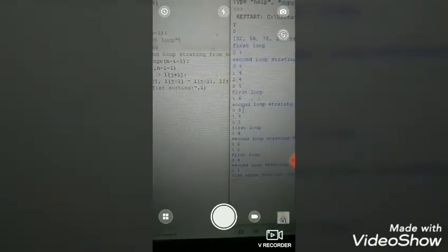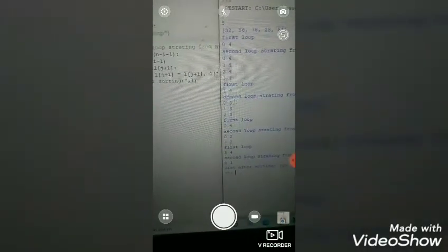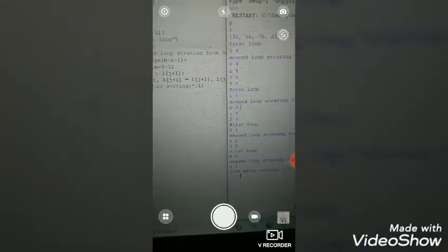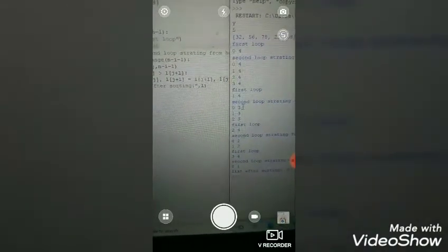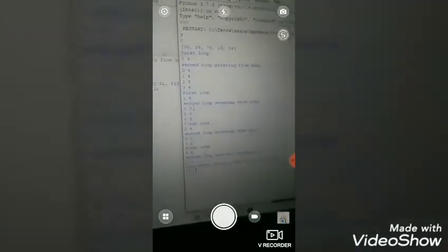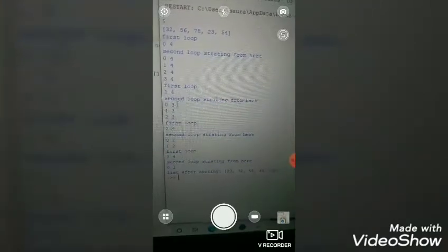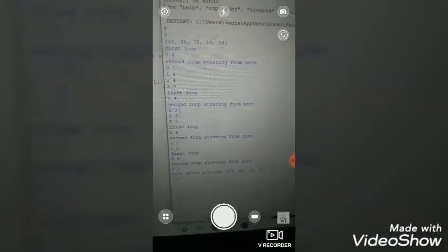Then it goes to the first loop again, and this time the value of i is 3 and the range is 4. In the second loop, it runs only one time, and it checks the 0th index value and the first index value of the list. If swapping is needed and the condition is satisfied, then it swaps, otherwise it will not. And then it will print the sorted list. Here you can see both lists, one unsorted and the second sorted. So this is all about the bubble sort algorithm. Thank you.